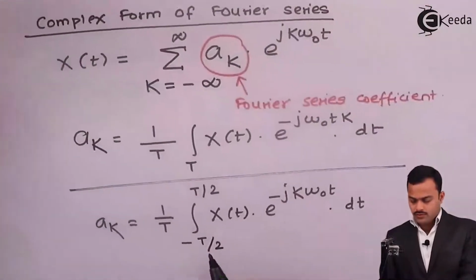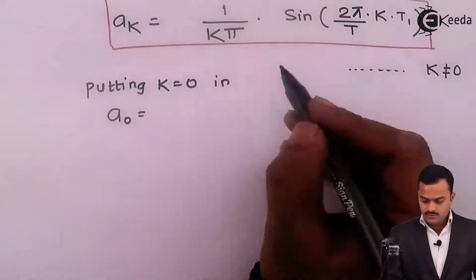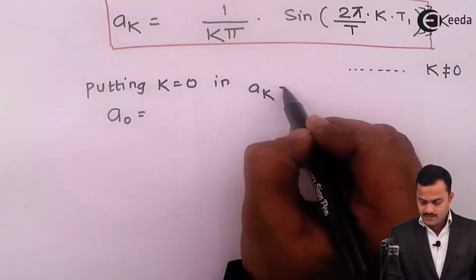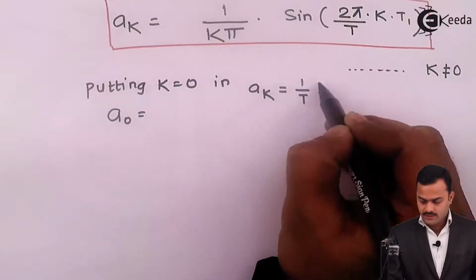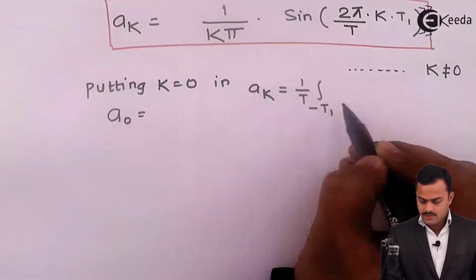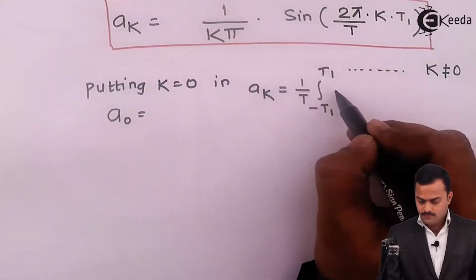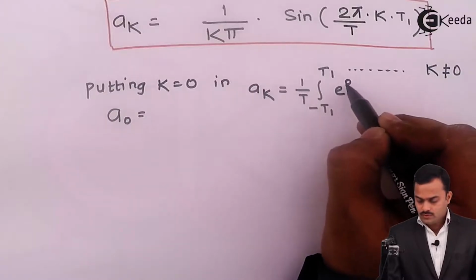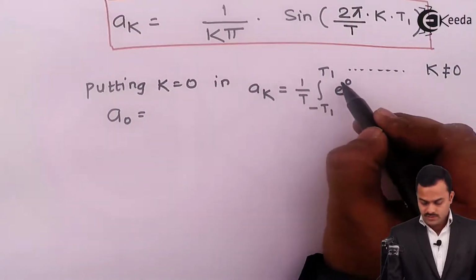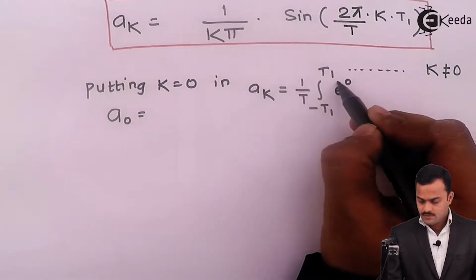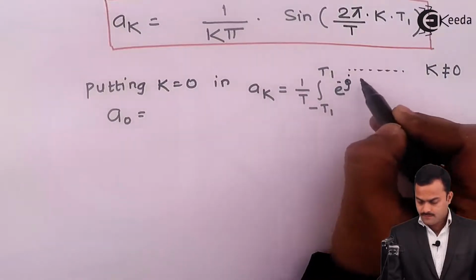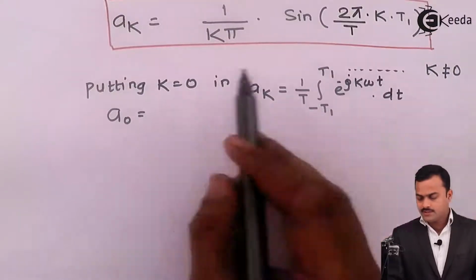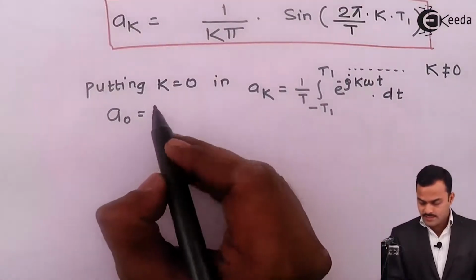we are going to use this equation. So we are putting k equal to 0 in the equation which says ak equals 1 by t integral minus t1 to t1 e raised to, if I put 0, so obviously it is e raised to 0, but here we are using a generalized term. So generalized term is minus j k omega 0 t dt. So in this equation we are putting k as 0, so I'll get a0 as